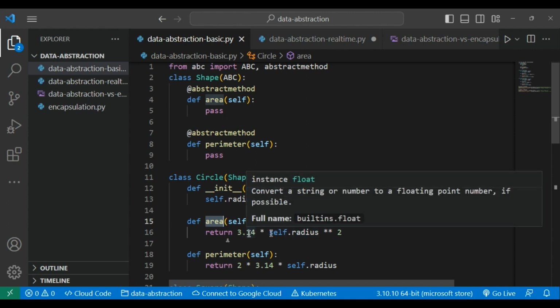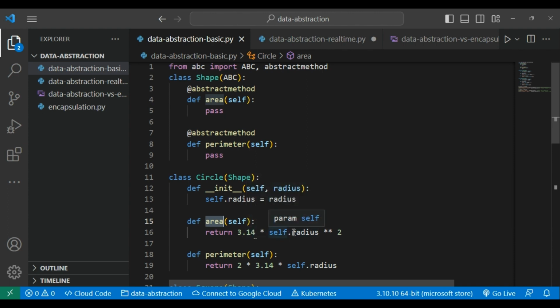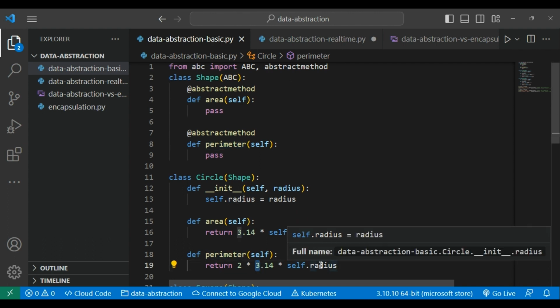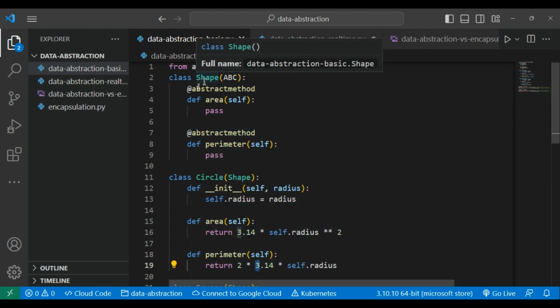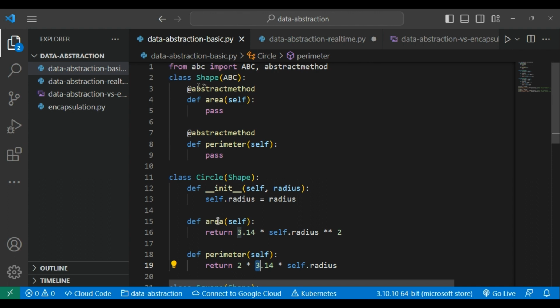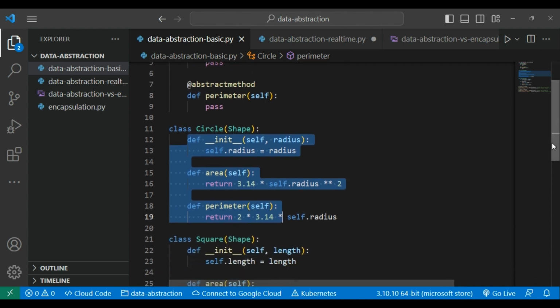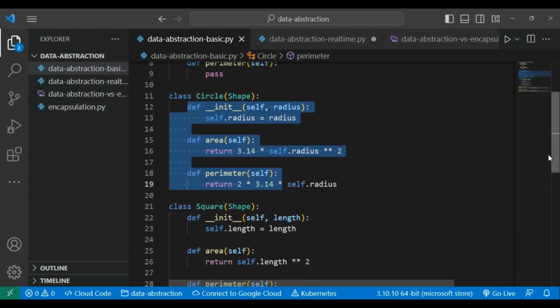So this 3.14 is the pi value and radius value, and then we are putting power 2, and perimeter is 2 pi r. That's what we have declared: 2, and then pi value 3.14 and r. So the methods which are defined in the abstract class, the abstract methods, are getting defined inside the derived class, that is circle. In exactly the same way, we are going to implement the shape